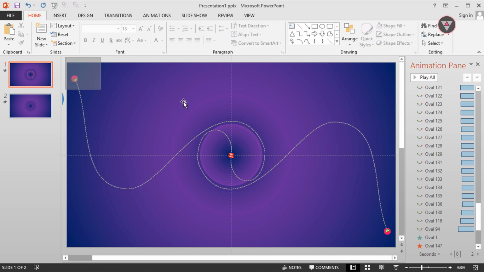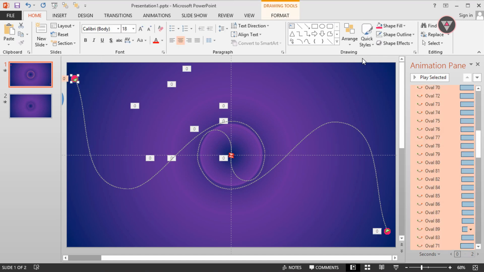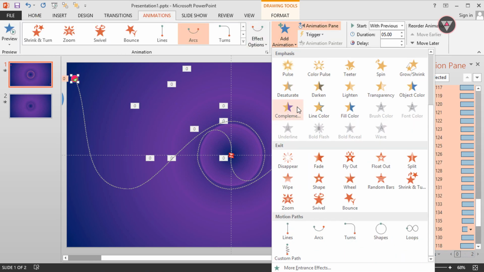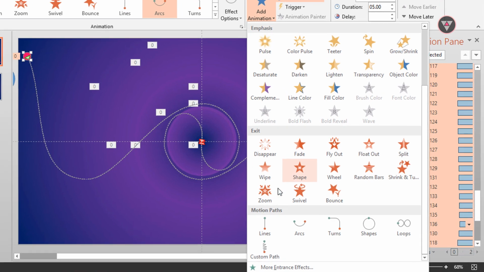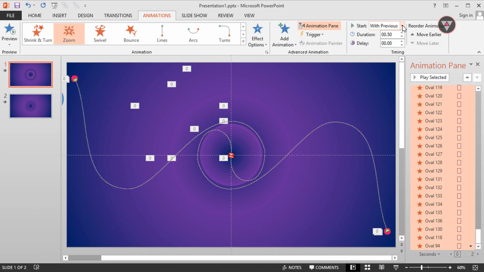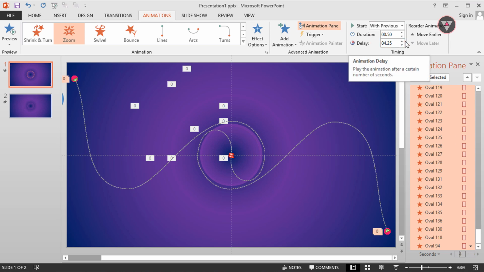So select all these oval shapes and apply the Zoom Out animation. This Zoom Out animation will start with previous, and change its delay to 4.5 seconds. Perfect.